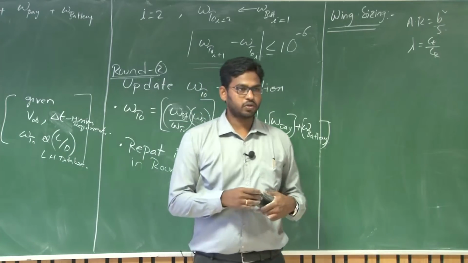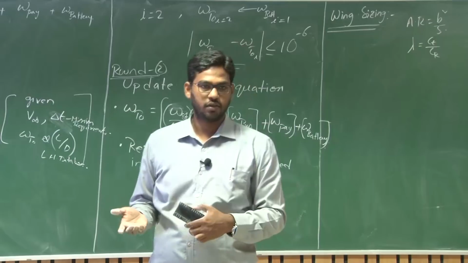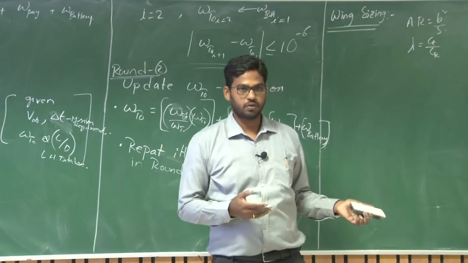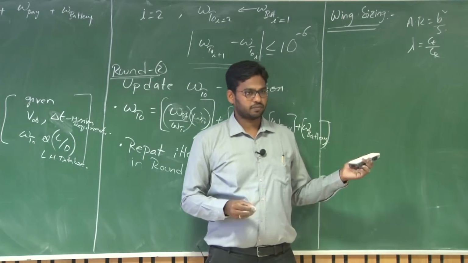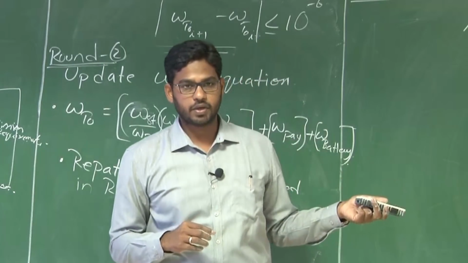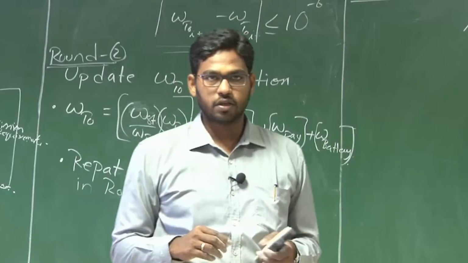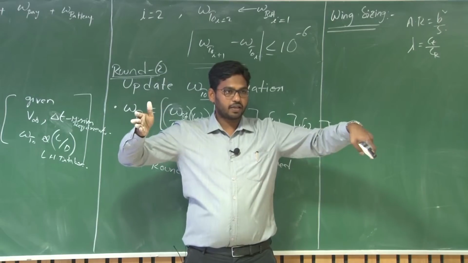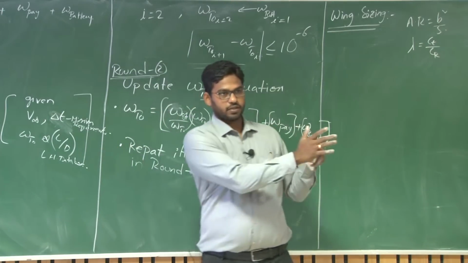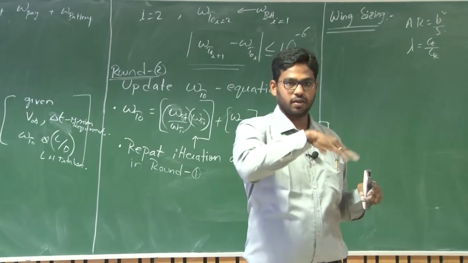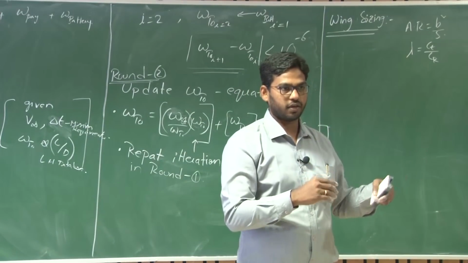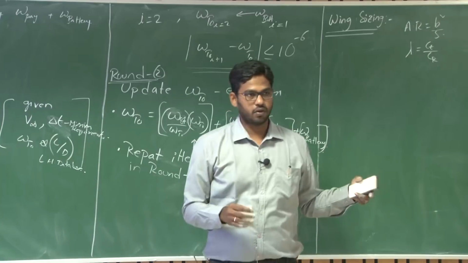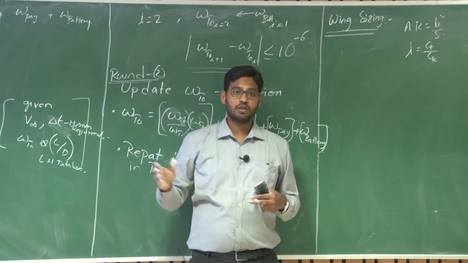Both of them have advantages as well as disadvantages, right? Geometric twist is really difficult to manufacture from a manufacturing point of view. Aerodynamic twist, again, in both the twists, the issue is that you will start losing lift, right? When you change the angle of attack between the root and the tip, as you progress along the span you are varying the angle of attack. The twist varies the angle of attack, which effectively varies the lift coefficient C_L, or the overall lift coefficient will be reduced compared to that of an untwisted wing, right?